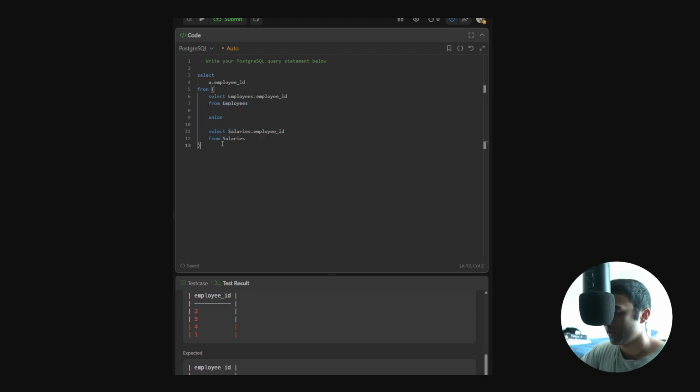And then we want to do a left join, right? We want to join our subquery with our employees table and our salaries table. So left join employees on A dot employee ID equals employees dot employee ID, and then we'll do another left join on